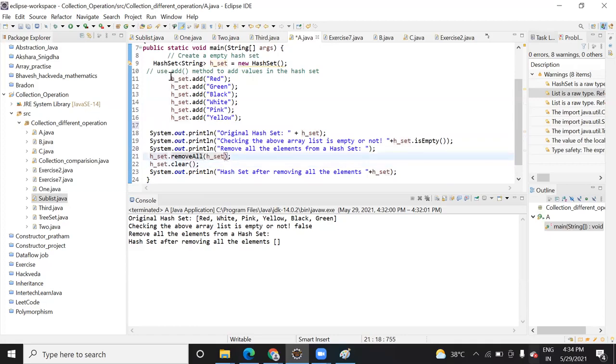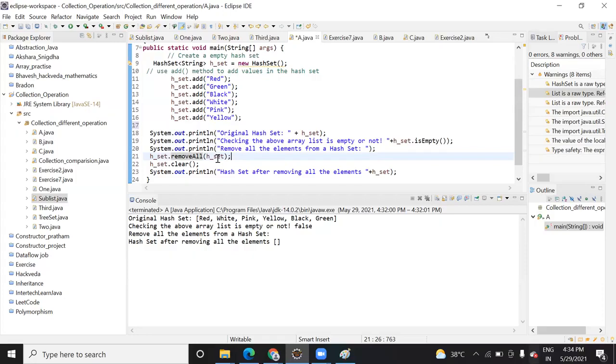So suppose if you have two sets, hashSet and hashSet1, you can't pass both sets together to this removal function. But you are also using that hashSet, then writing dot removeAll, so that will apply to hashSet only, not hashSet1.